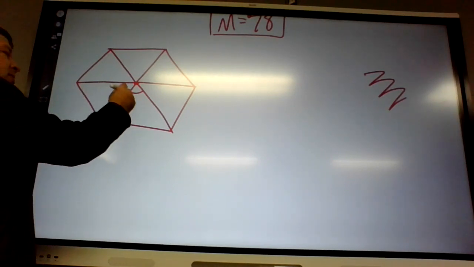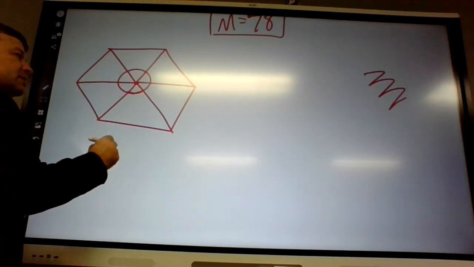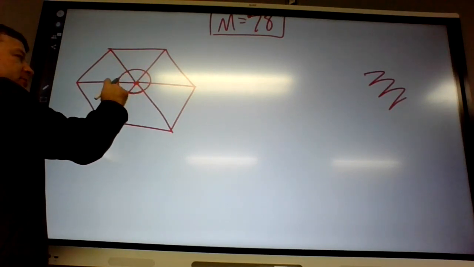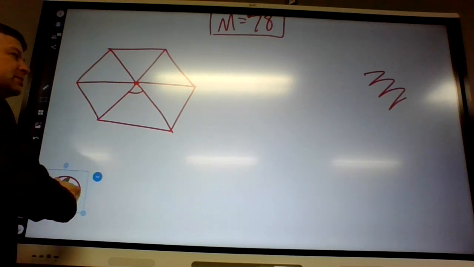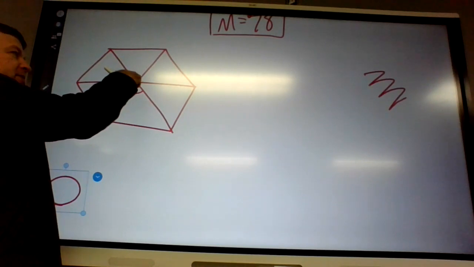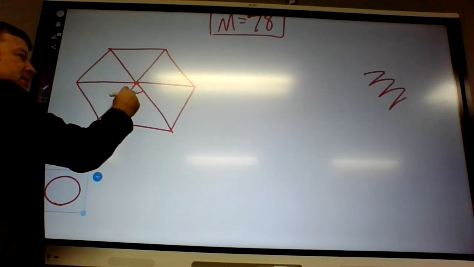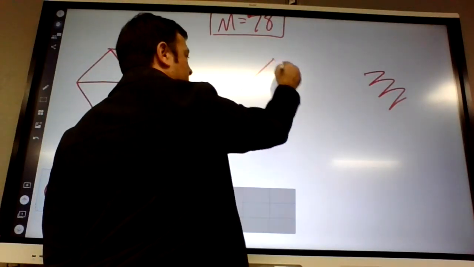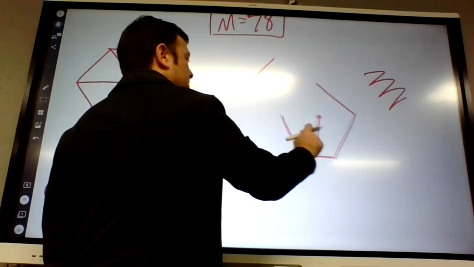Okay, what do all these angles have to add up to? 360, right? This one full circle makes 360. So how do I find just one of the angles? Divide by 6, which is the same as the number of sides, right? 360 divided by 6 is 60. So this does happen to be, now if it was like a pentagon or something, that, well,